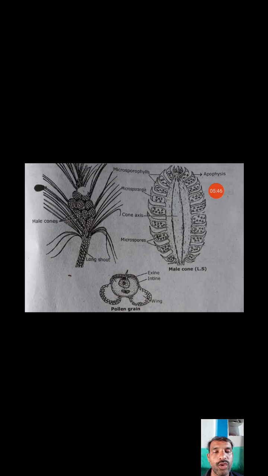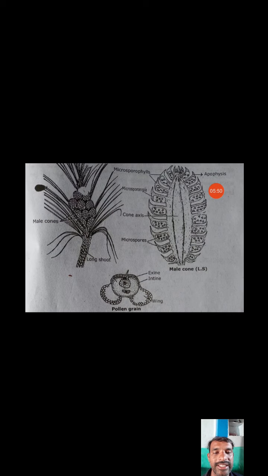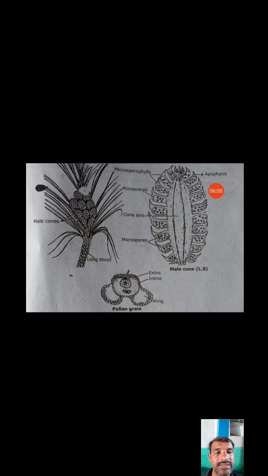Microsporangia arise from a group of cells on the lower surface of the microsporophyll. These microsporangial cells undergo periclinal divisions, forming the outer parietal layers and the inner archesporial cells, which produce